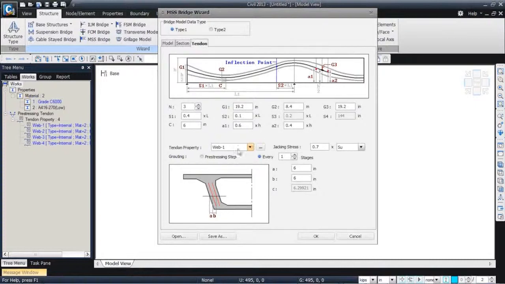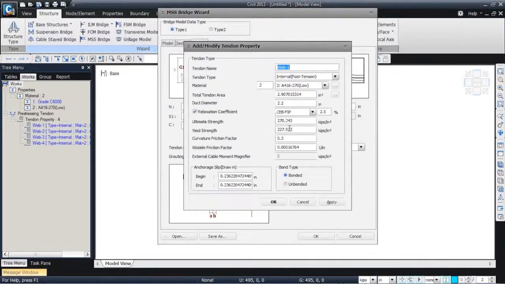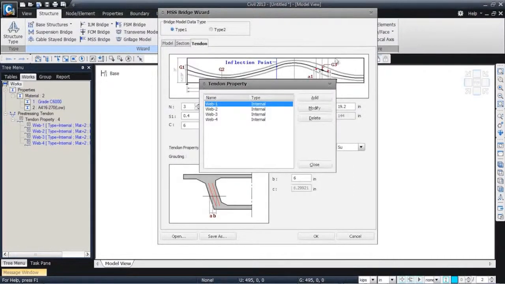and I'll start the entire bridge, or all the tendons, with the web 1 property, and I have the jacking stress as 0.7 times the ultimate strength of the steel material that we have used. So if you recall, the ultimate strength and the yield strengths are specified here. The friction factors, wobble friction factors, and the slips at the beginning and at the end are specified here, and whether the tendon is bonded or unbonded are specified here. So 0.7 times the SU, the ultimate strength, is the starting jacking value,